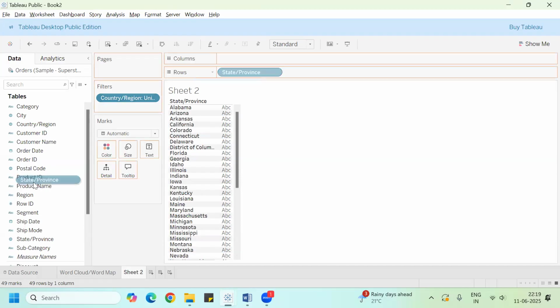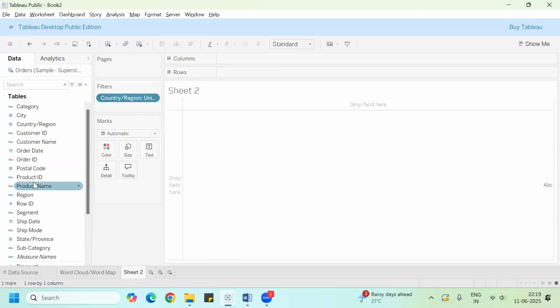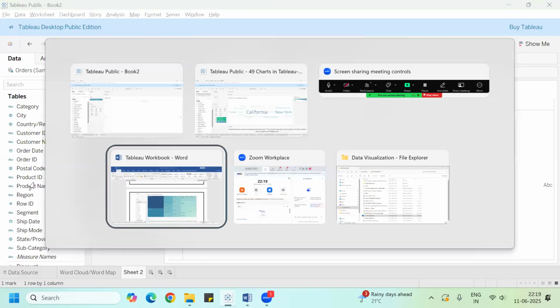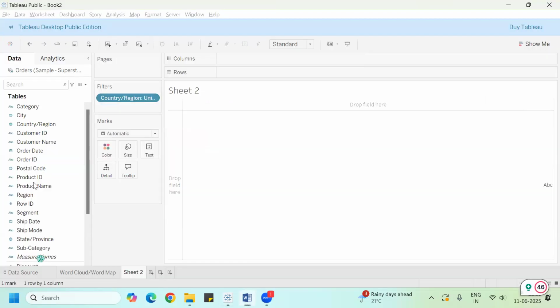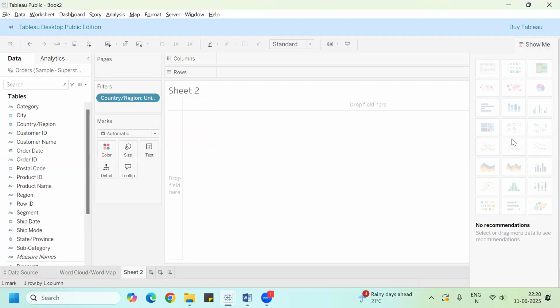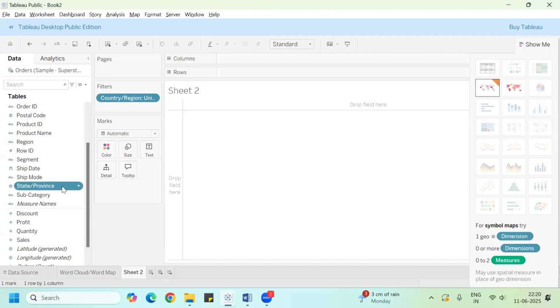Now I want the word cloud or word map to be visible the same way it is visible on the screen. In order to create a word cloud or word map, if you look in Show Me, there is no chart which gives you a word cloud or word map. So what you have to do is select these states, and select Sales, because for drawing anything you need a measure. And then go and click on tree map,